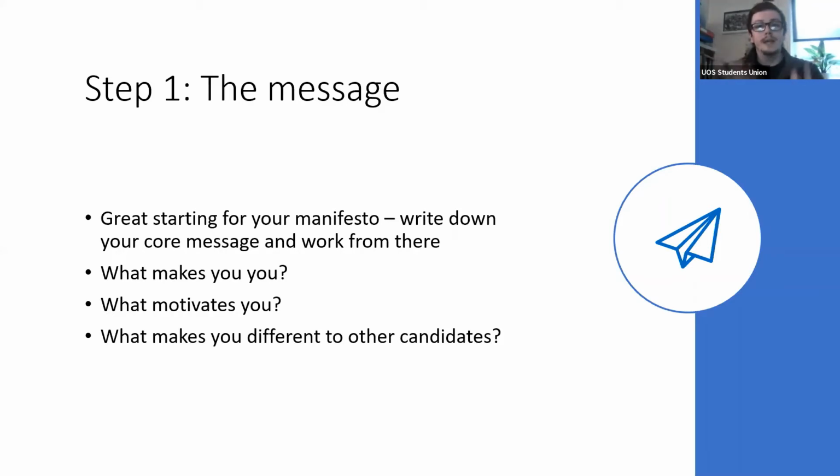So all of those things: who you are, why you'd be good in that role, why you're running, and what you would do in that role. All of that is your message, and that should be in your manifesto. Like I say, it doesn't have to be hugely detailed. You only have 500 words in the manifesto, but students should be getting a sense of those things. Writing that manifesto is a good place to start, to help you think it through in your own head as well.